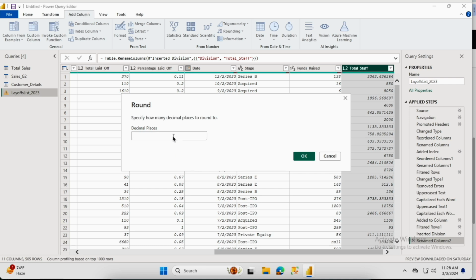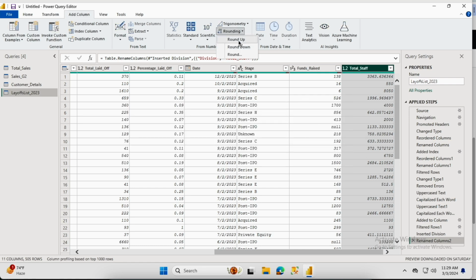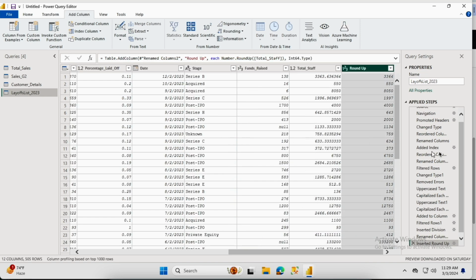Here you can pass the number of decimal places to which you are going to perform the rounding. So for now I am just going to round it up, and now you will get all whole numbers in this column. So this is the way we use rounding up, rounding down, or the round function with the required decimal places.